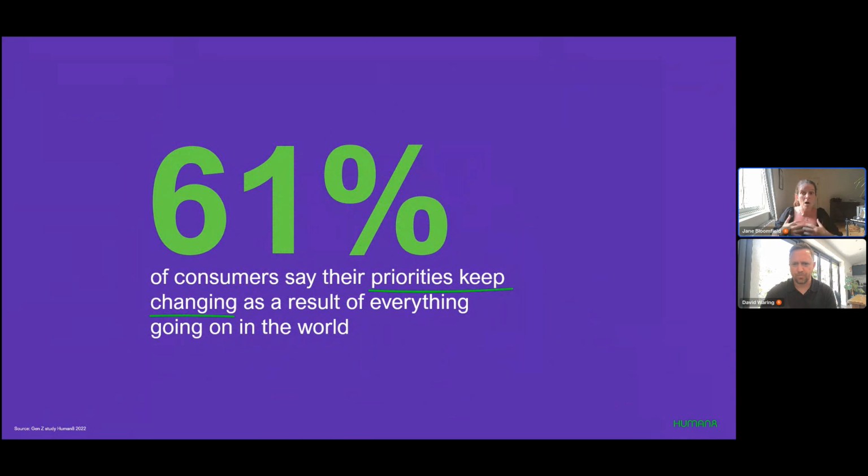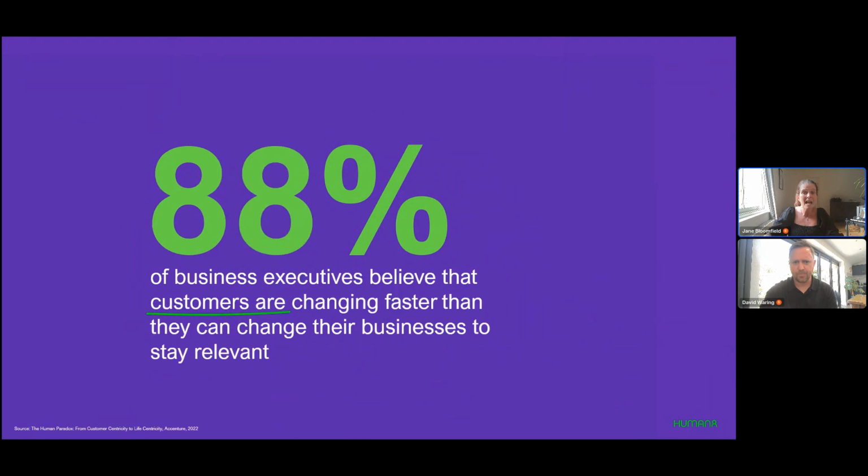So in our own work, we've seen large numbers of consumers saying that their priorities are changing as a result of everything that's going on in the world around them, which means for brands and for you, as brand owners or brand marketers or CMI experts, relevance is increasingly difficult to define. It's certainly not something that you can own and be yours forever. And it's something that you have to continuously earn and keep on top of. And that's where the tension really starts to appear.